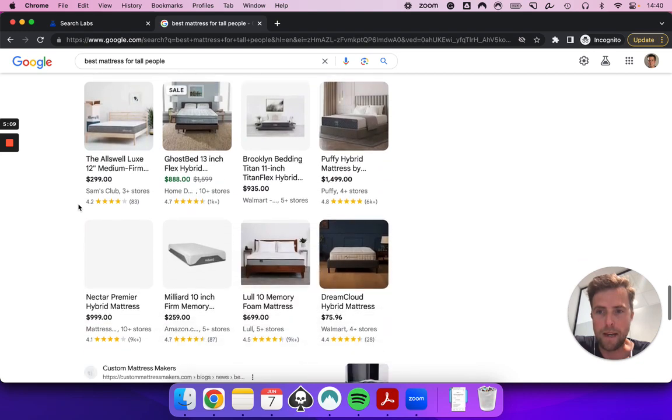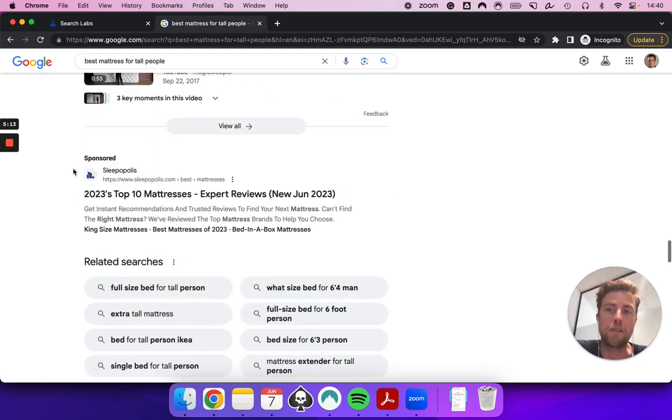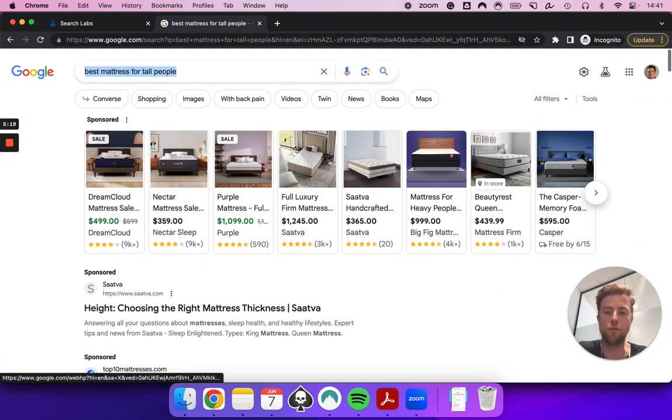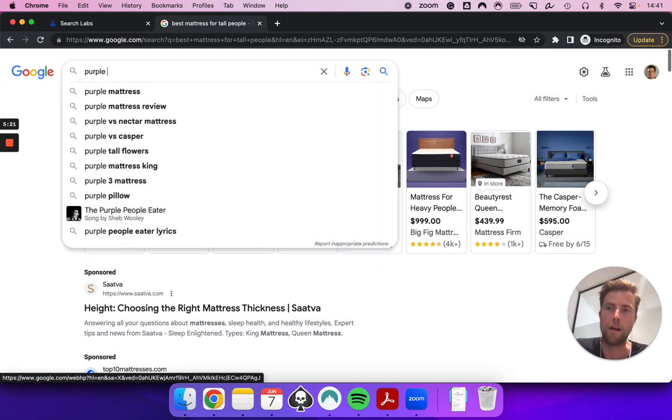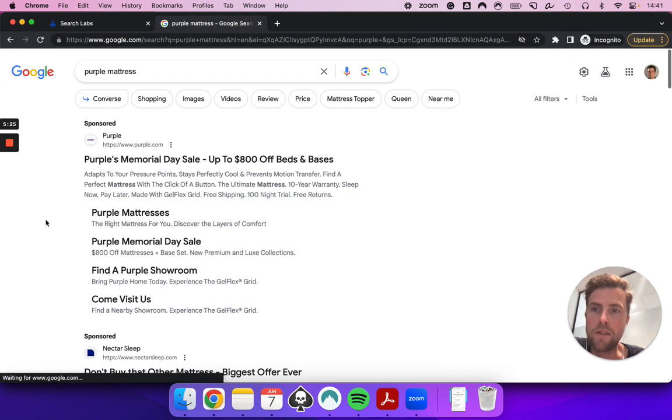Again, some ads, and if we scroll down the page, we can see here again a sponsored ad. So that's 3 text ads and then a shopping ads carousel. Now, if we look for a branded query, like purple mattresses, we can see here that there's no more search, there's no more shopping ads,